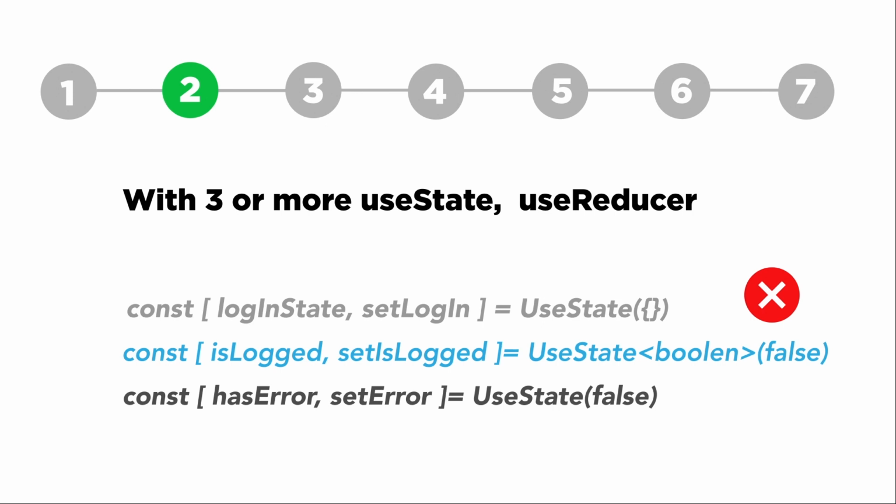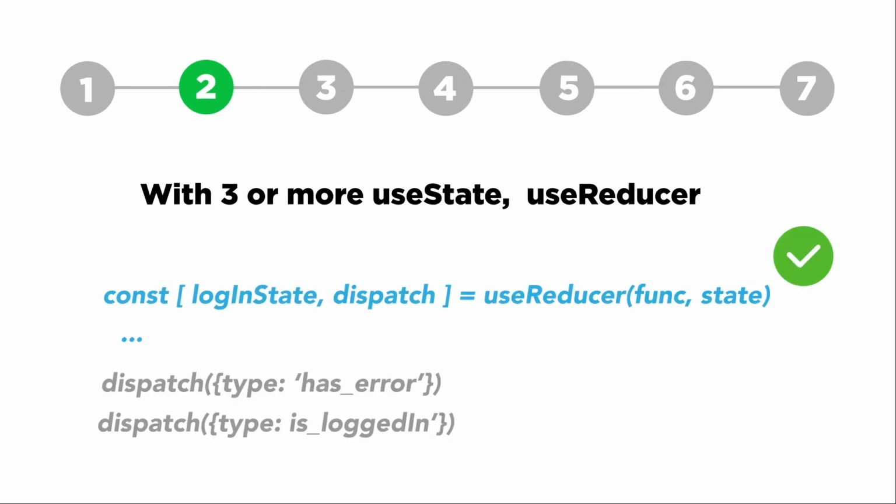Instead of using multiple useStates and making your code really cumbersome, it will be better to aggregate all the states into one state, and by that you'll be using the useReducer. As you can see with the useReducer,